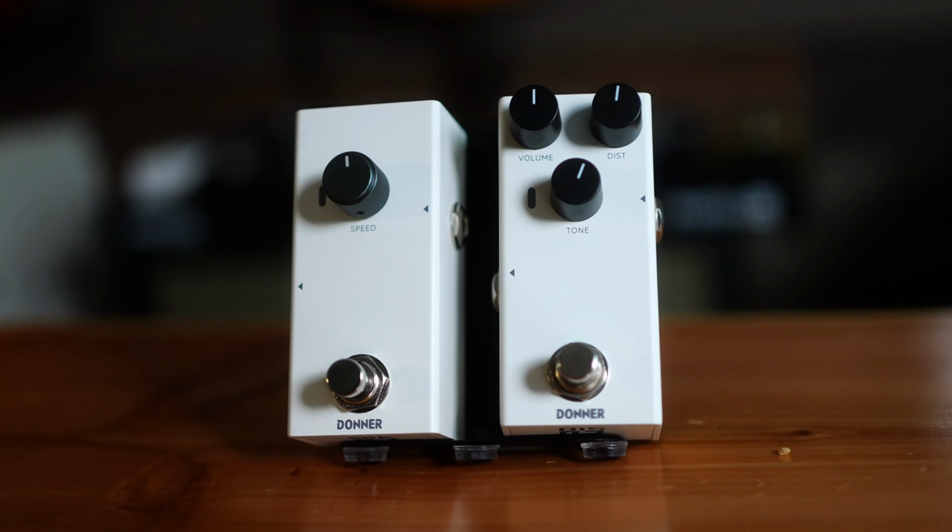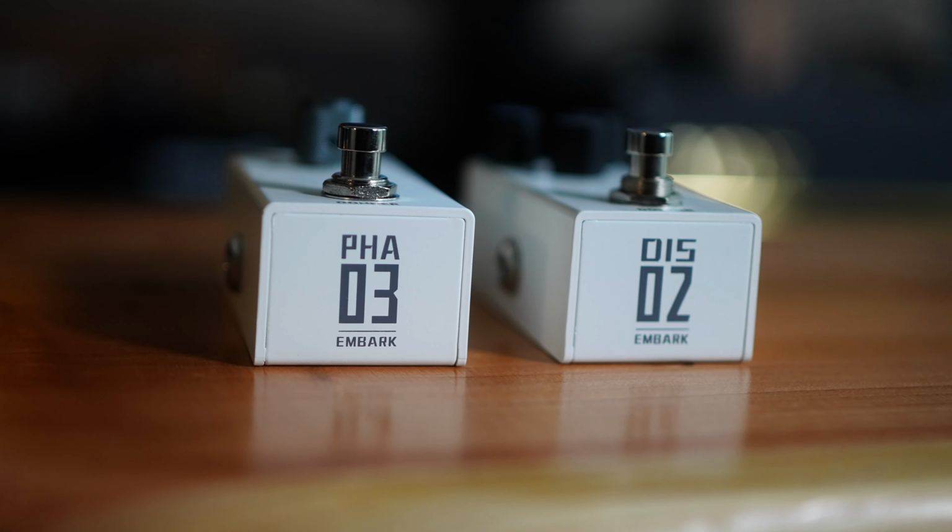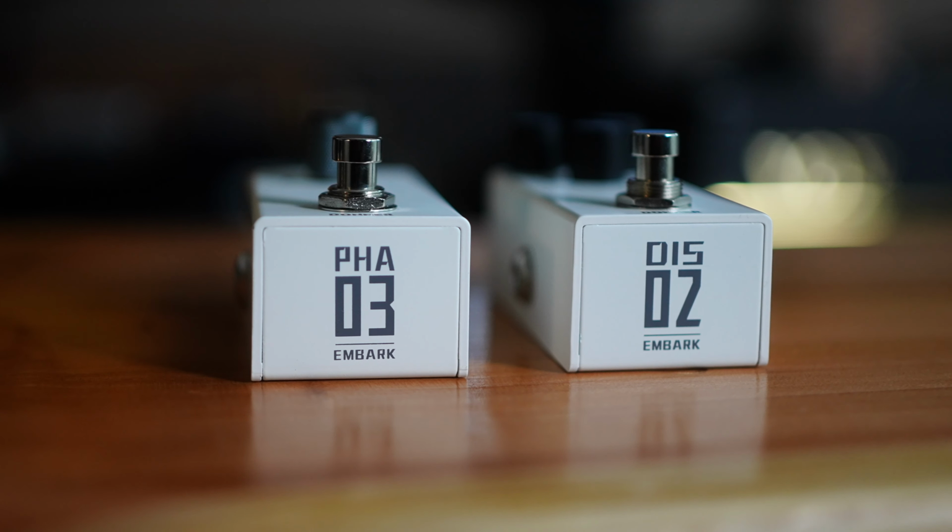So what is the Embark Series? Well, they're Donner's new line of compact pedals. They come in this metal enclosure with simple design and tones that aim to punch above their price point. There are 6 pedals in total, and today I'm checking out the O2, which is the Distortion, and the O3,